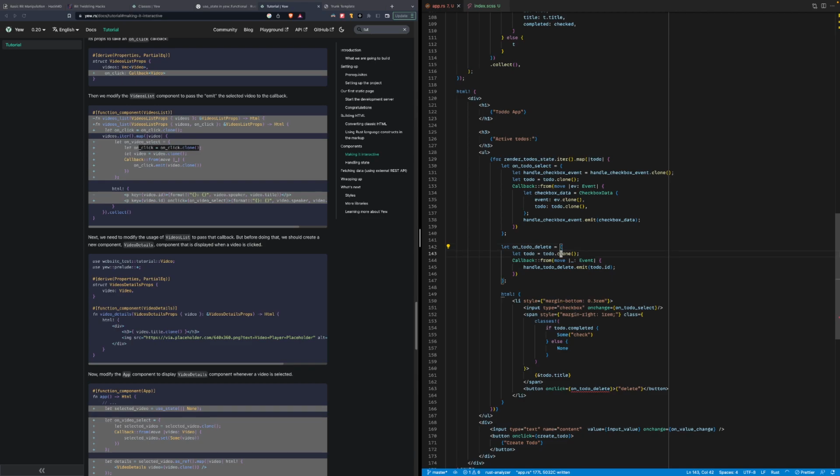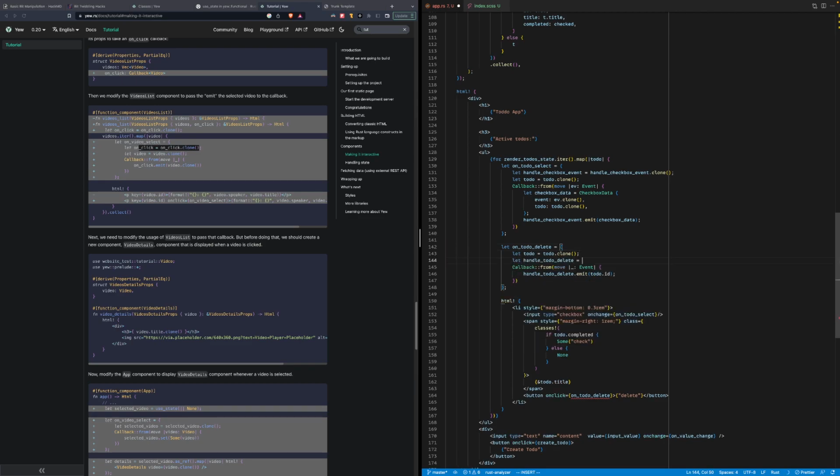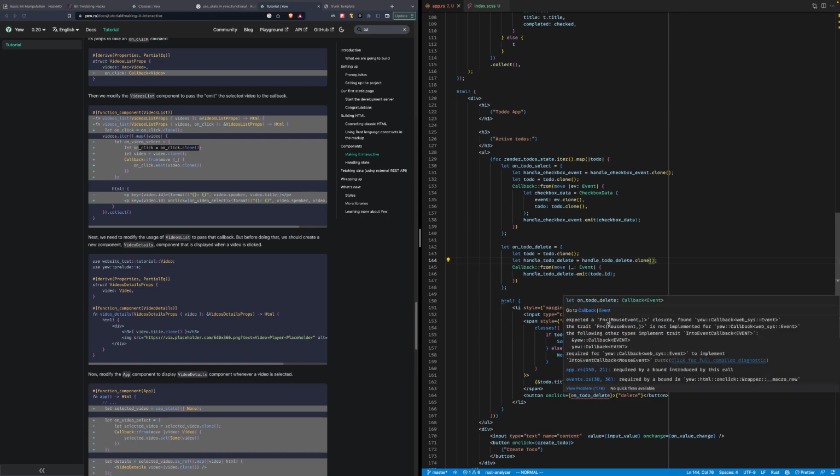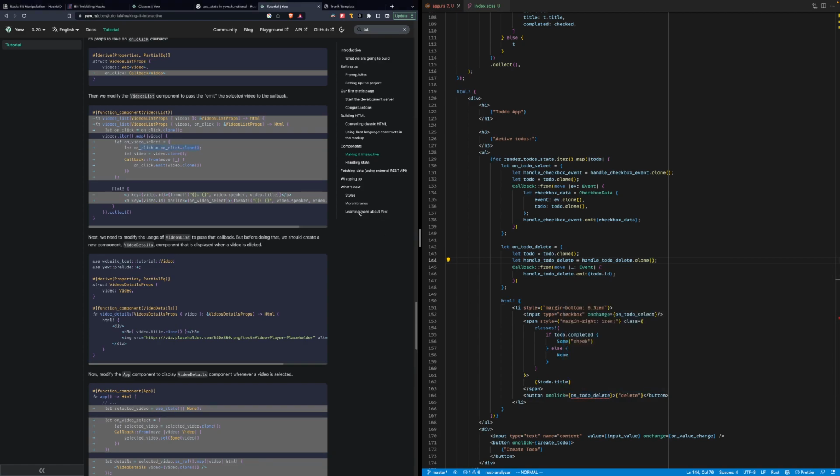Let's try to clone it. Although this shouldn't make any difference, I guess. Why can I not use the mouse event closure? Found this callback thing. The trait mouse event is not implemented for this event. Is there something we can do about it?